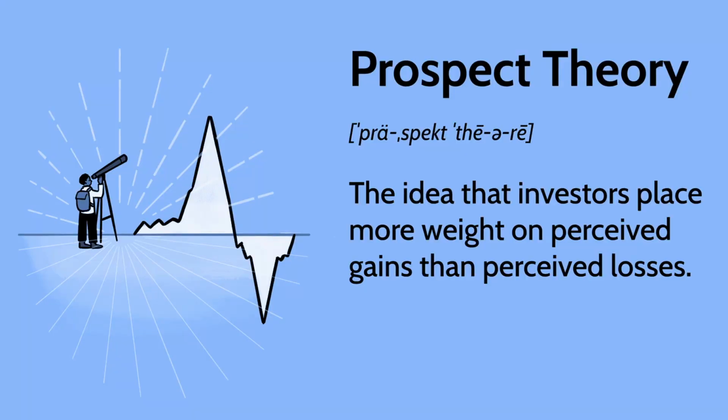In financial markets, prospect theory helps explain why investors might hold on to losing investments too long to avoid realizing a loss, sell winning investments too quickly to lock in gains, and make irrational decisions under risk. It provides insights into market anomalies and investor behavior that traditional financial theories, like the efficient markets hypothesis, can't fully explain.